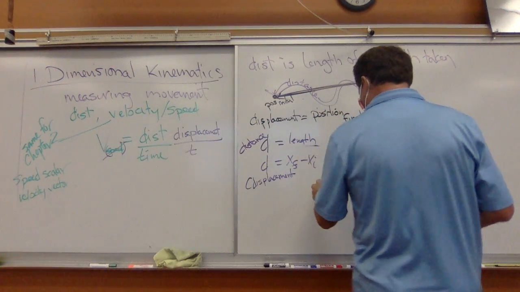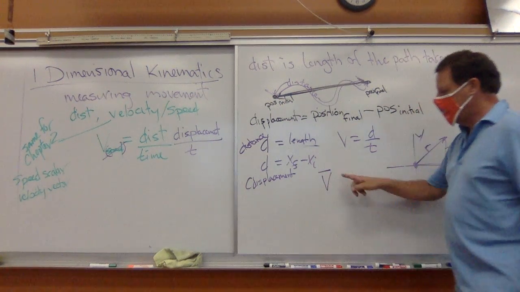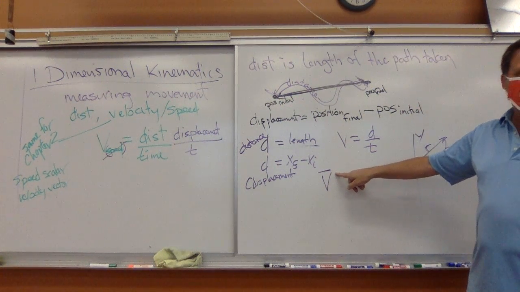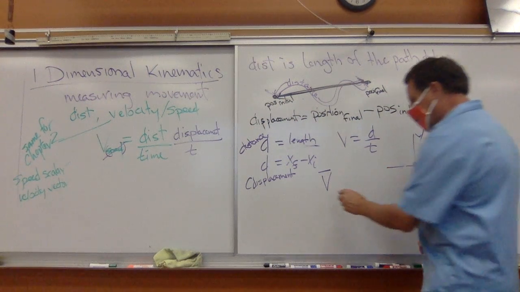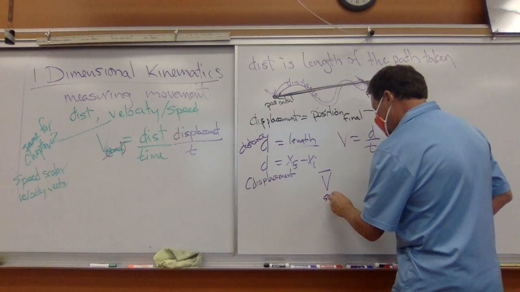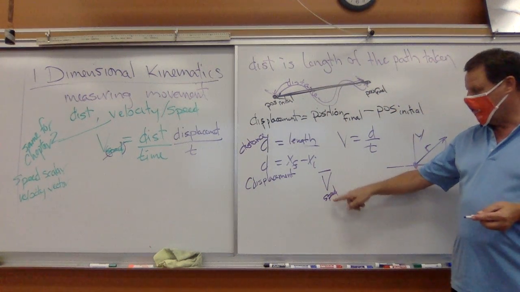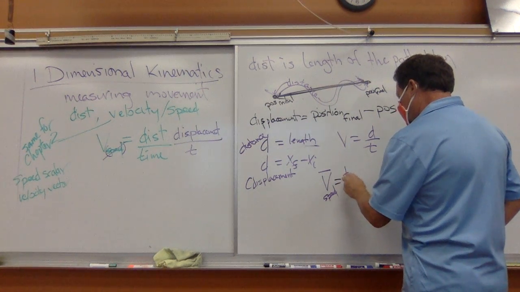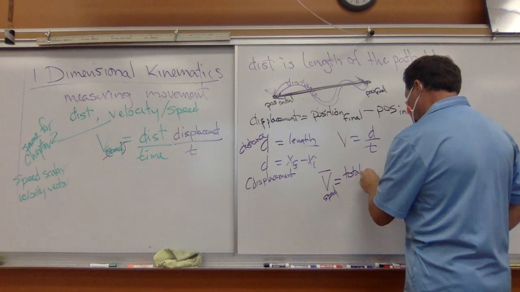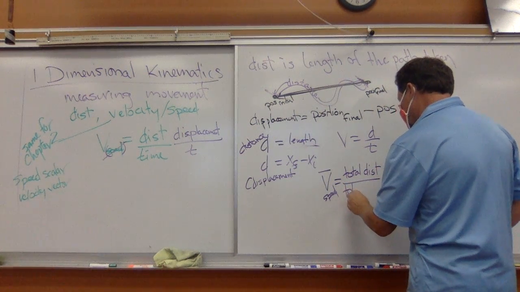And that question for average speed, that bar over that line means average, okay? And I'm going to put a little speed here to indicate that it is in fact average speed and not average velocity. And we're going to say that that is total distance divided by